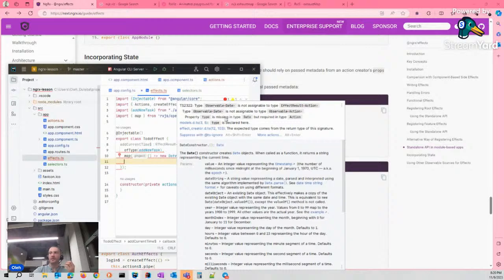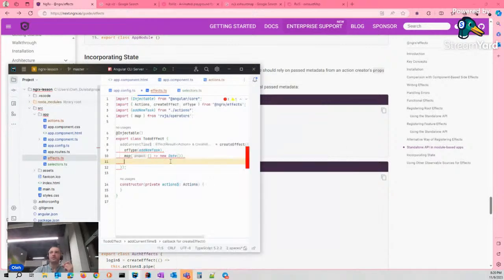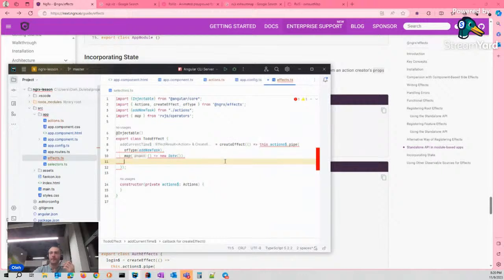I have to emit another action as a result of this effect. I get the control and I have to make some changes. These new actions I can emit by using just map operators.